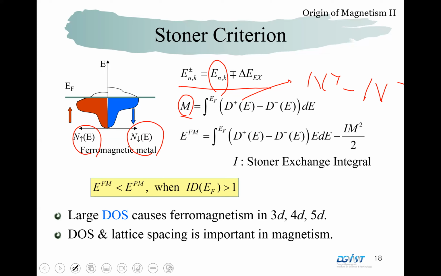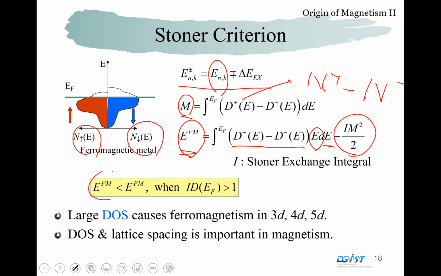And the energy in a ferromagnetic state is this: this is the number of electrons integral, and if we multiply by E, we get the average energy of the electrons. And with this extra term called the Stoner exchange integral,